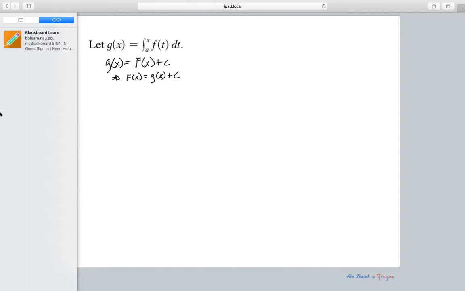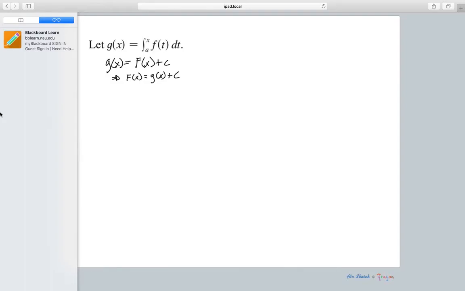And I know you may be like, Toller, you needed to subtract that c over, but it doesn't matter because c can represent any constant, positive or negative. It just needs to represent a constant. All right, so we're going to start with that definition, and then we're going to look at